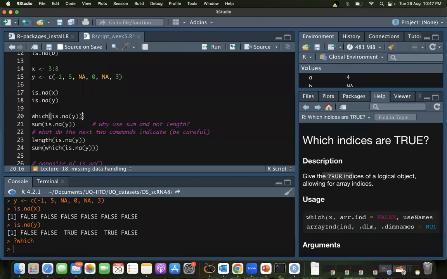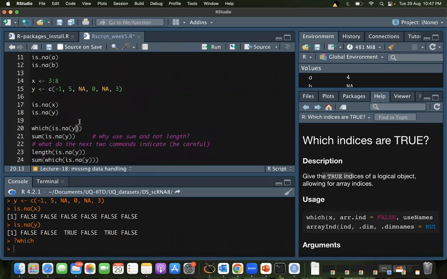Absolutely correct, right? So now what we are doing is, this is an example of a nested command, right? So you have multiple parentheses one inside the other, right? This is not the first time you're looking at such examples, but I just want to reiterate it here. So this is one task. This is what we saw the output is going to be, right? False, false, true, false, true, false. And you're feeding that here, the inside of which is actually this list, this vector. So when I run this, it's going to give me 3 and 5, because the indices of the trues here are 3 and 5.